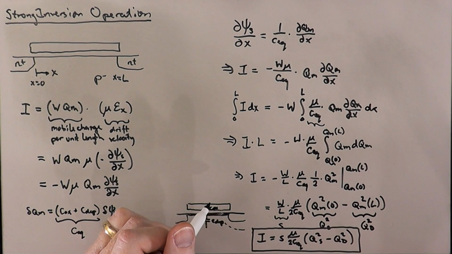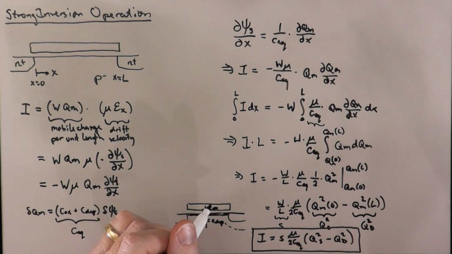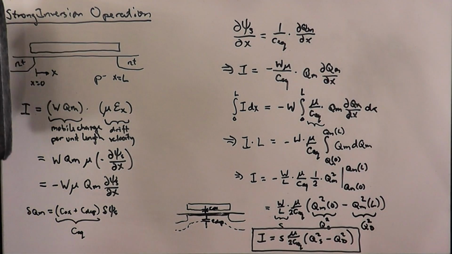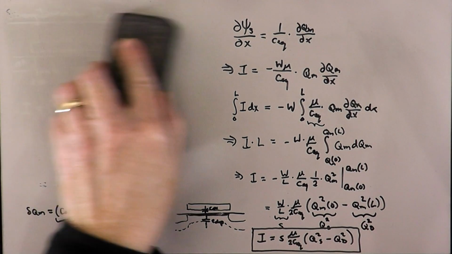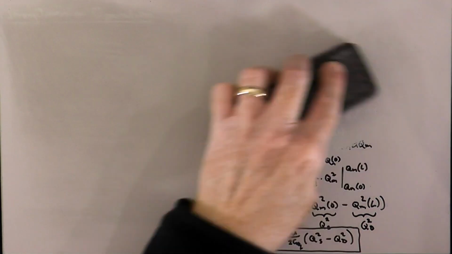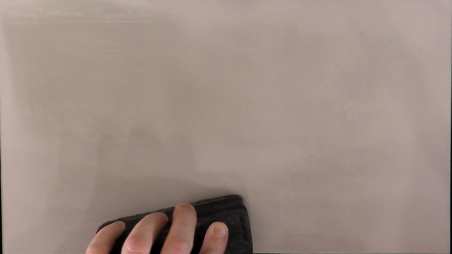like is an expression for the current as a function of the terminal voltages. So now we have to try to find a way of expressing those charge densities in terms of the terminal voltages. Okay. So if you recall, the approximation that we made